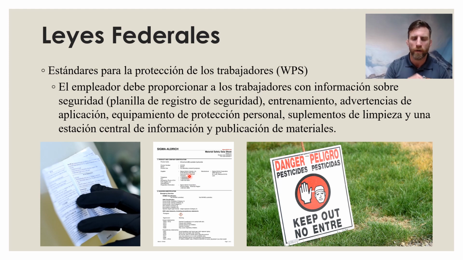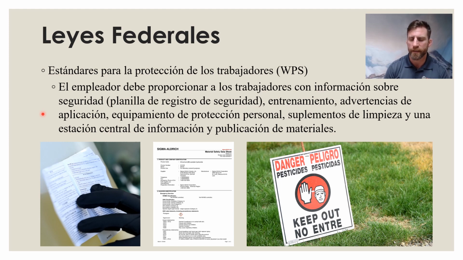Under the worker protection standards, employers must also provide training for employees, warning of application of a pesticide, and they also need to provide employees with personal protective equipment, supplies necessary for cleaning up spills or clean up after application, and a worker information place or